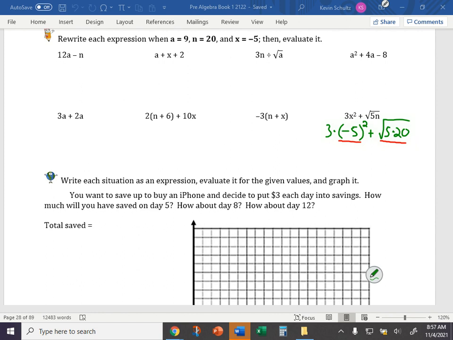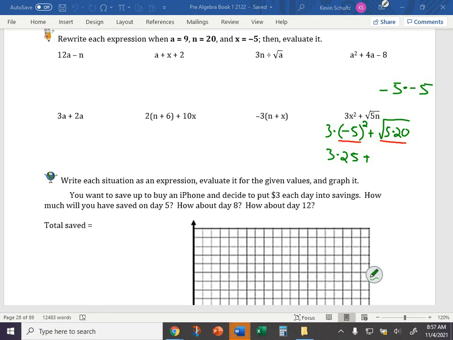Those parentheses are important because they include the negative sign and what's being squared. So we know that squaring something means something times itself. If negative 5 is being squared, that means we're taking negative 5 times negative 5, which, a negative times a negative gives us a positive. Okay, so it's going to be positive 25, and then we're adding to that, we're taking the root of 5